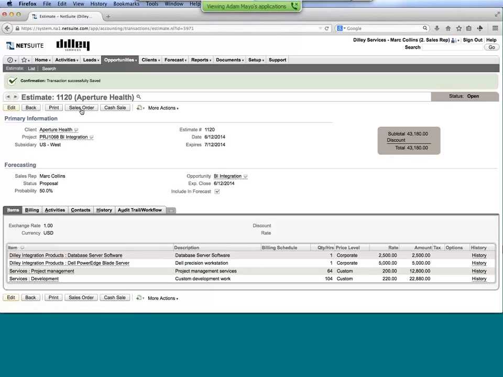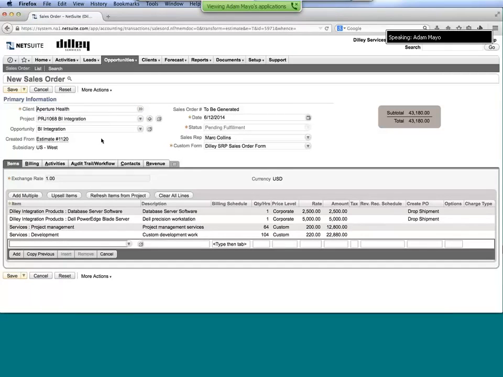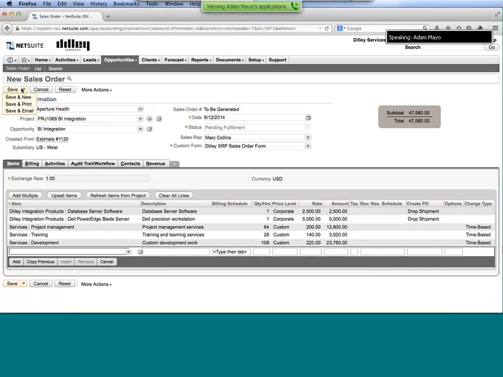So in this case, I would go in and create a sales order. And again, we're just moving through the chain here. So I have my opportunity, I created an estimate, I've now created a sales order off of that estimate. And from here, you can see all the applicable information has been filled out. It's all specified quite nicely on here, so I'm not having to go in and rekey any of those types of details. So from here, I'm going to go in and save. I can also print out the order if I so chose to display that within here. In this case, I'm just going to go in and save the sales order.